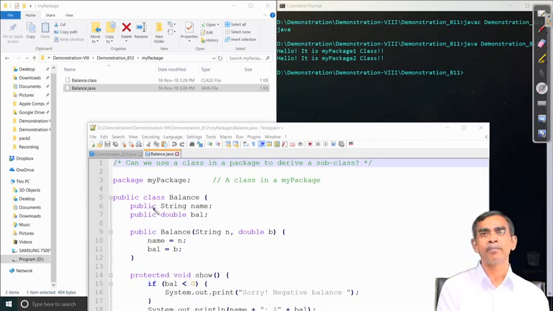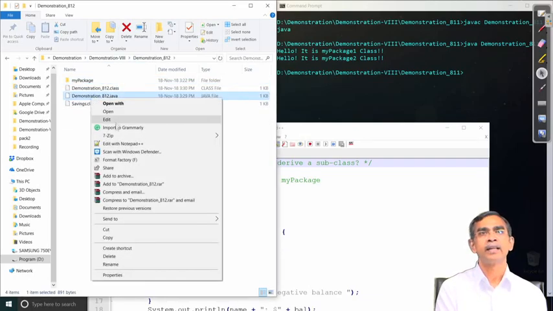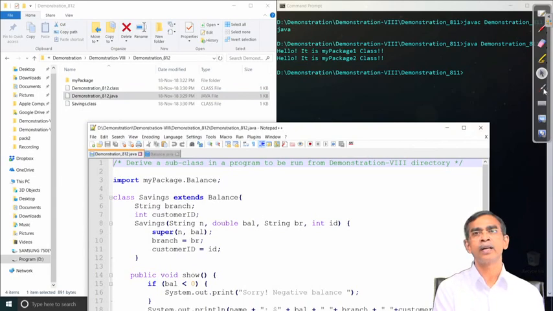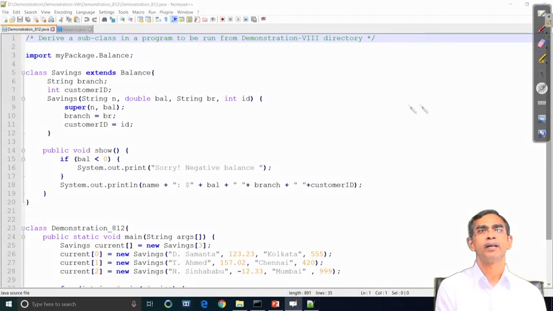So, let us have the main class where we can try to inherit it. Let us go to the main method. This Demonstration_812 is the main class here. In this main class you can see we derive a subclass named Savings, which inherits from the superclass Balance.